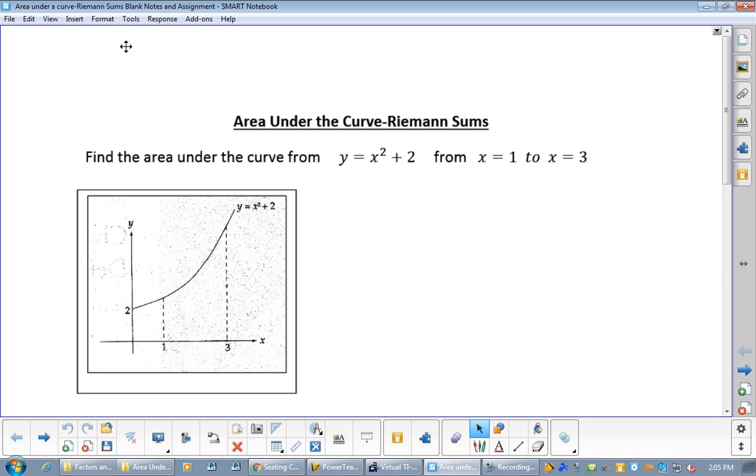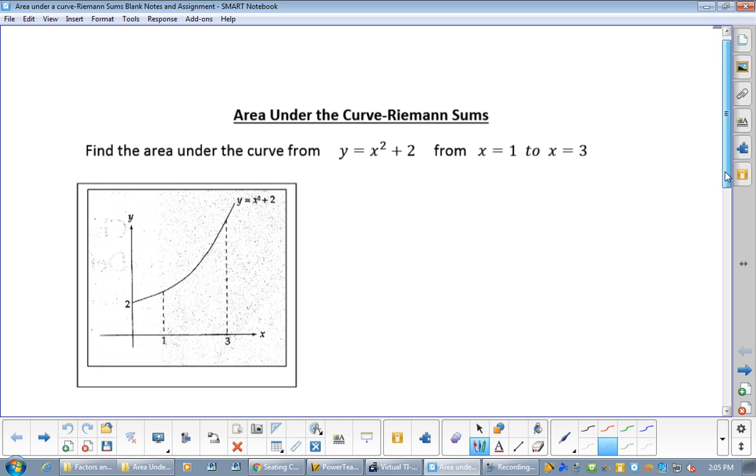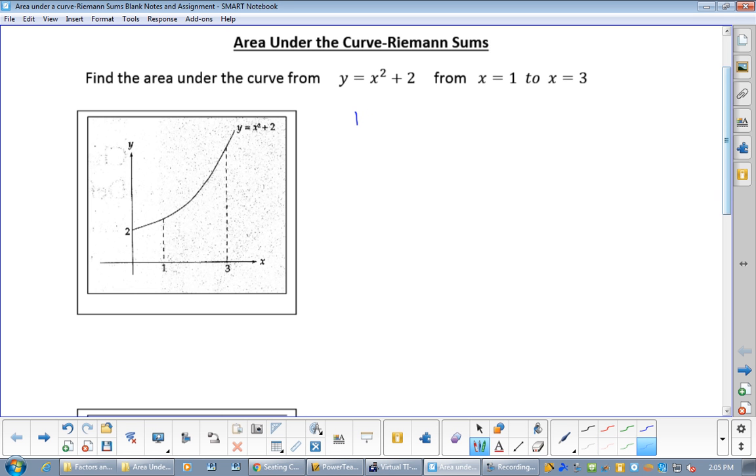So now we've been doing integration, or maybe you haven't done integration by the time you look at this, because this is the precursor to integration, or the slow way to find the area under a curve. But it's important you know how to do this for the AP exam. So I'm going to show you a few ways to find area under the curve without using integrals. Now the question we want to ask and then answer is